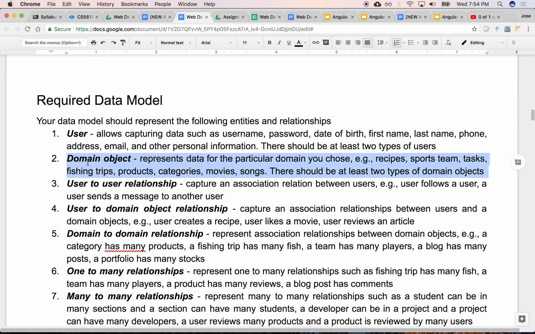Domain to domain relationship. So this is where I was mentioning that for the two domain objects, it's easier if you choose domain objects that are related to one another, like a playlist and a song, because one of the relationships has a domain object to domain object relationship. Like a playlist contains many songs, right? A recipe, right, is made up of many ingredients. Yes? Right, so recipe and ingredients are both domain objects of the cooking domain. Yes? Right, and they're related to one another. One contains the other. One is the parent of another. Yes?